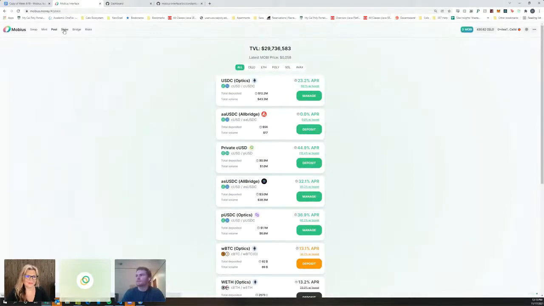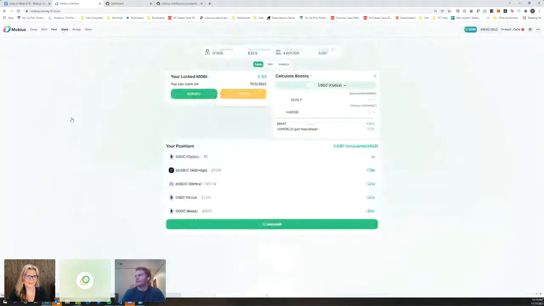users can go to our stake page. And here, I've already locked a small amount of Mobi, so I can't fully demonstrate it. But here, if a user has not locked any Mobi, they can choose to lock Mobi, and they set the specific date that they are locking until, and then they set the specific amount of Mobi that they wish to lock. And in addition to allowing users to vote for pool weights, this locking mechanism also serves as a way for users to boost their effective liquidity provided to the pools.